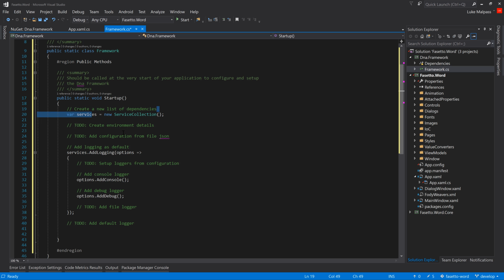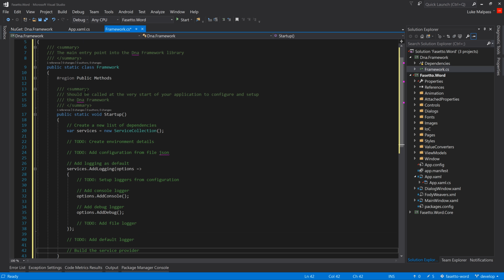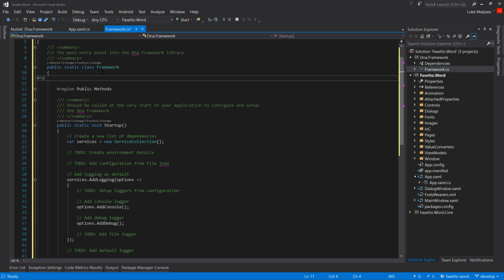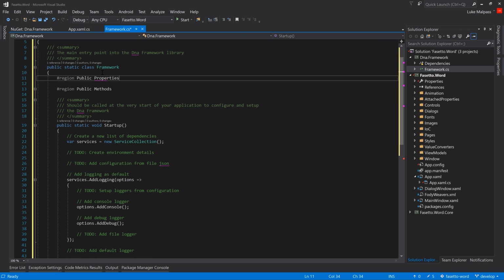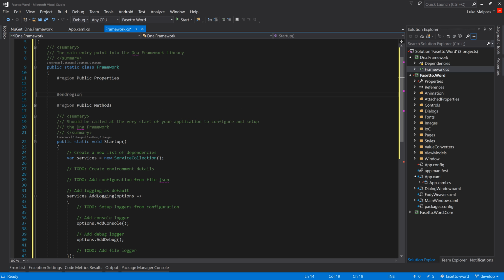Create dependency injection. Add console and debug loggers, and now we will build the service provider, which you can think of as similar to the kernel in Ninject. It's the thing that will actually find dependencies and provide them to you. So for that, we will need public properties. And then for the public properties, we will have